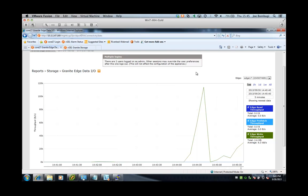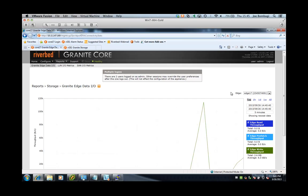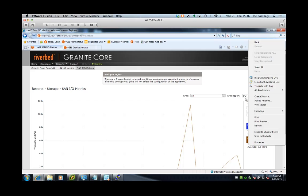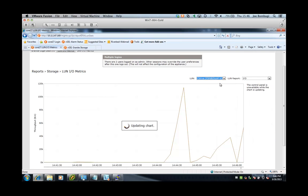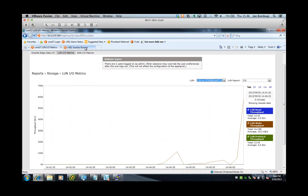Some of the reports that our customers like are, you can see the prefetch throughput, but you can also see, let's go across to this report over here. Okay, you can see the throughput rates of how much is going from a write perspective and a read perspective. It can show you I/O latency, IOPS. It'll show you the metrics on a per LUN basis as well, as you can see over here. You can choose which specific LUN you want to talk about. So I'm changing that to the C drive LUN. If I look at the reports on the Edge appliance,